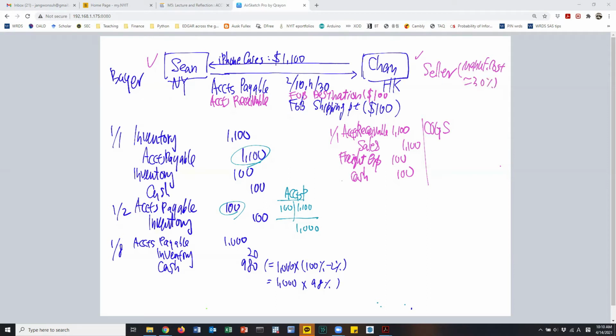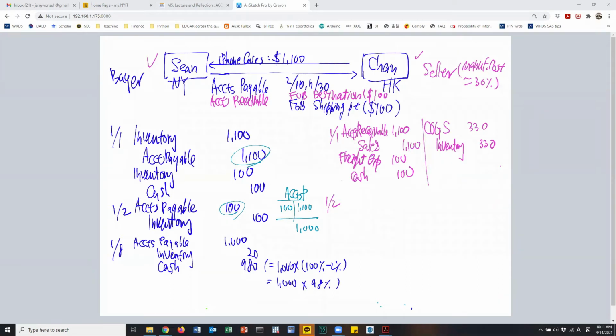Okay, then in this transaction, 30% of 1100 is 330. And he sells out something, meaning the goods that are ready to be sold are being reduced, meaning inventory reduces by the same amount. That's Chen's journal entries on January 1st. And then on January 2nd,